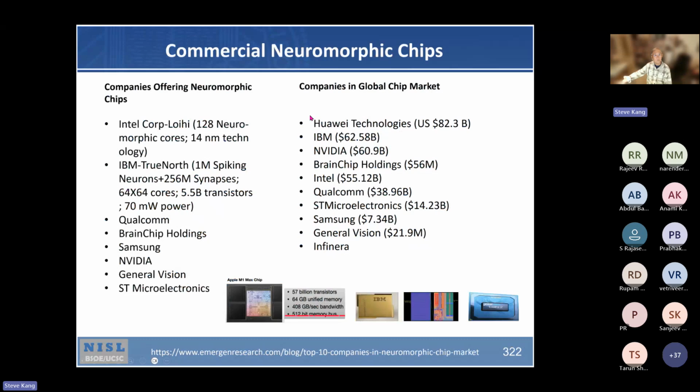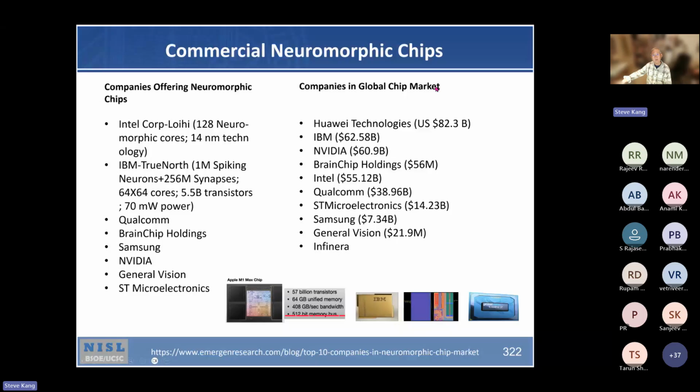Commercial neuromorphic chips, there are companies: Intel Corporation, Loihi, 128 neuromorphic cores, 14 nanometer technology. IBM TrueNorth, 1 million spiking neurons, 256 million synapses, 64 by 64 cores, 5.5 billion transistors. It consumes 70 milliwatts of power. Also Qualcomm, BrainChip Holdings, Samsung, NVIDIA, General Vision, ST Microelectronics,